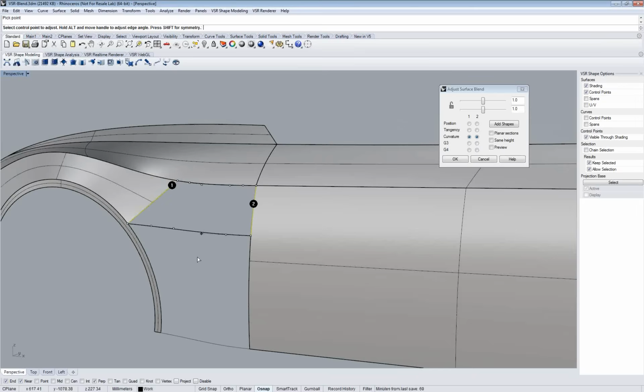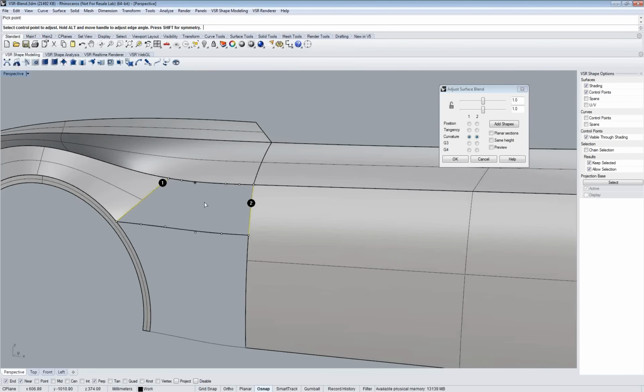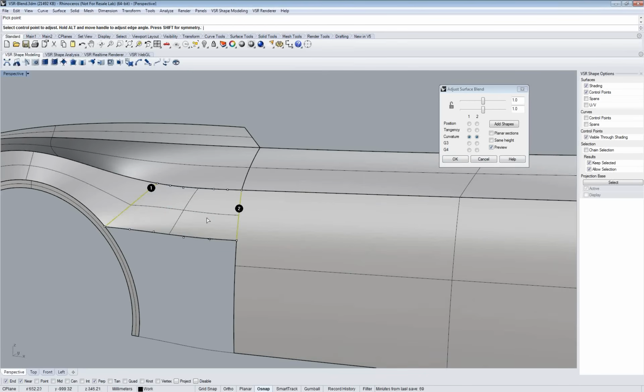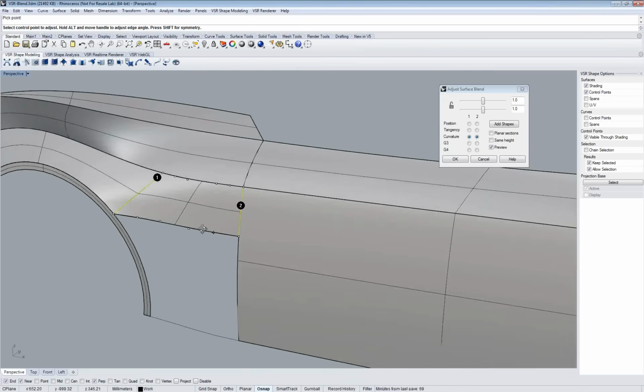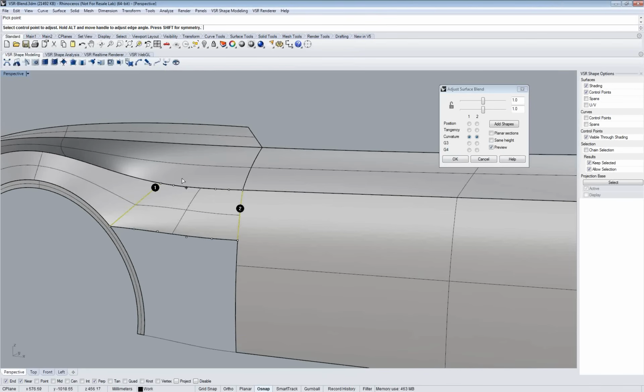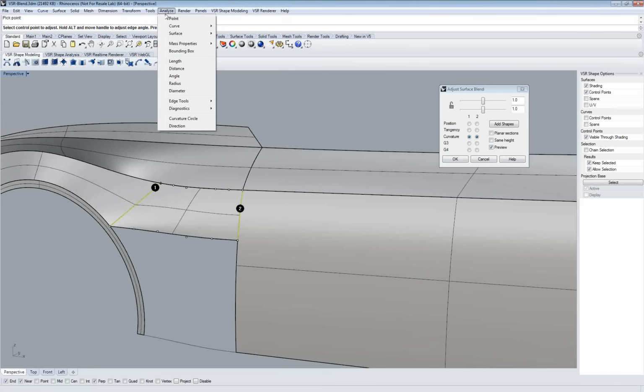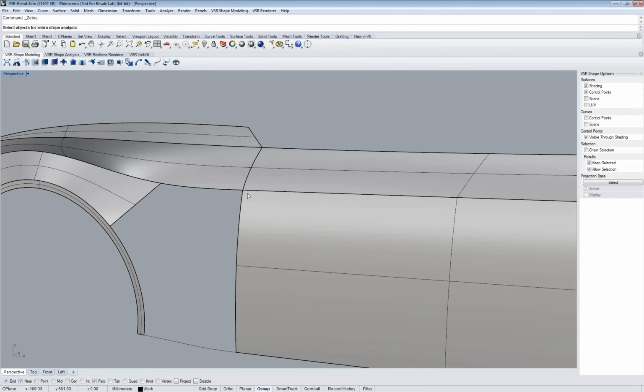The first problem you get in the Rhino blend is you only see the control points on the edges, you don't see the inner control points. But these inner control points are also important for the shape. All you get here is a preview so you can guess what the shape would be like. But if you try to analyze the blend you're just creating with the Rhino zebra function, like you usually do, under Analyze Surface Zebra, it cancels the running command. Rhino can only run one command at a time, so you need to finish the blend first before you can analyze it. So let's do that again,